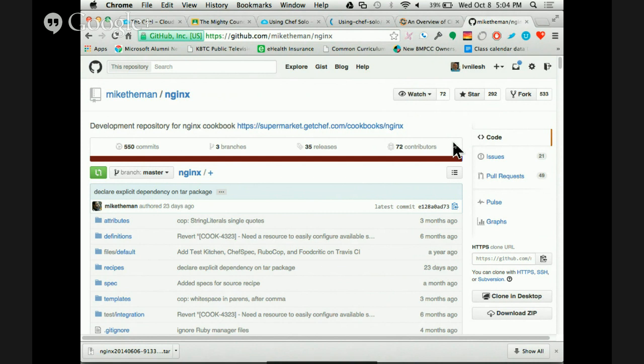Tab. There we go. Now we have two cookbooks here inside ls. One of them is Apache 2. You want to delete that completely. And the second one, rm -rf space Apache 2. Tab. Enter. Now it's gone. Now what we need to do is go find that Nginx cookbook from the community side,